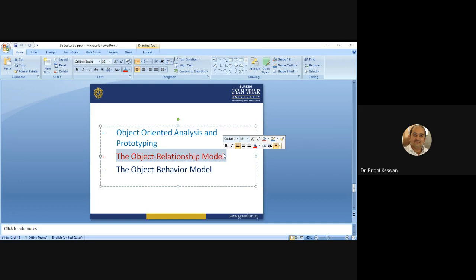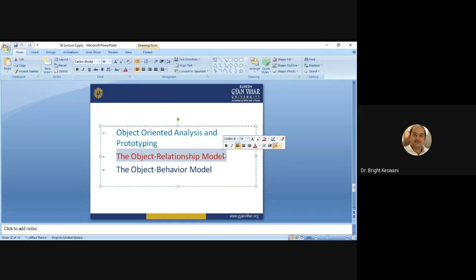So it is all about the object relationship model. I think you understand this model very well. The last model is the object behavioral model. After building the CRC model and the object relationship model, the object behavioral model is also built, and this model represents the dynamic behavior of the object oriented system or product.